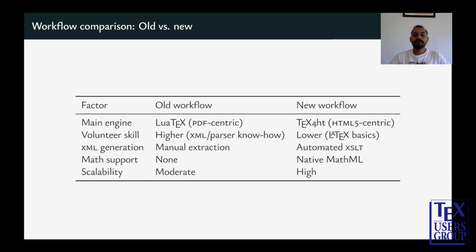Compare the old workflow with the new. The previous workflow used LuaTeX to create a specialized PDF, which is completely removed to use HTML produced by TeX. And in the previous workflow, all these steps required a high level of skill, but now we have separated the first part of generating HTML from LaTeX sources, which can be run by much lesser skilled volunteers. The XML generation was also a manual process in the previous workflow, which is completely automated using XSLT processing in the new workflow. And the previous workflow did not support MathML,